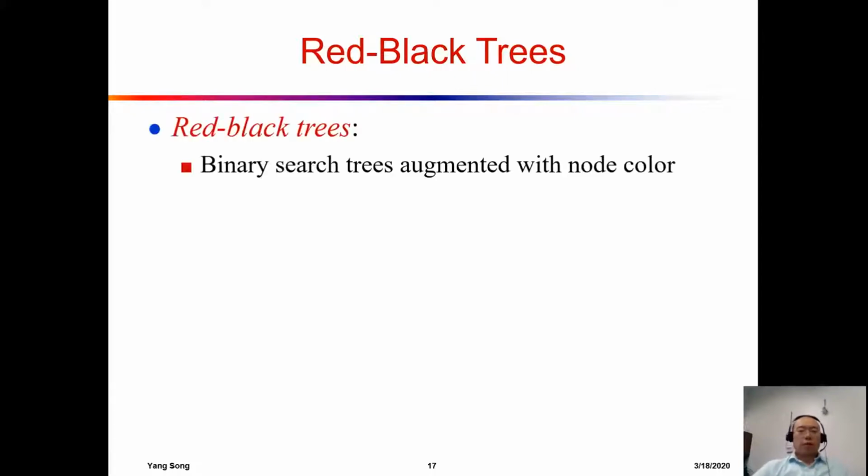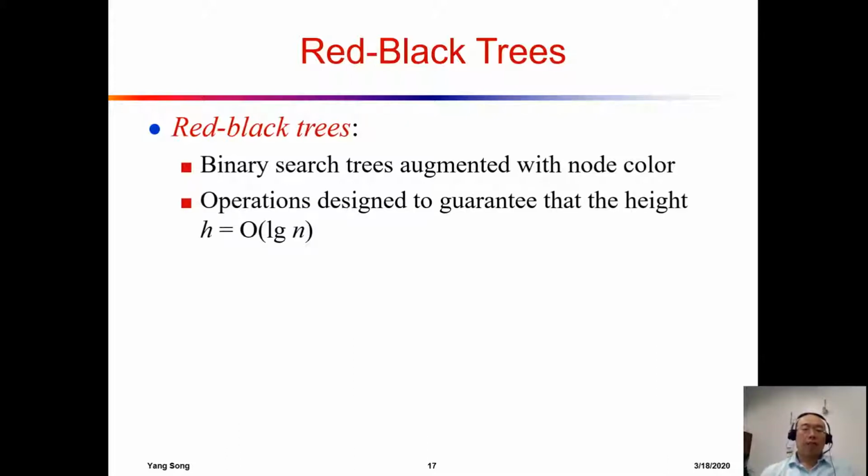Okay, everyone. So now we move on and start to talk about the red-black tree. Remember, a red-black tree is also a binary search tree. However, it is augmented with other cool features. As the name suggests, we are using the red and black color to paint each node of the tree. After we apply some of the tricks we are going to learn in the future, those operations will guarantee that the height of the red-black tree will be